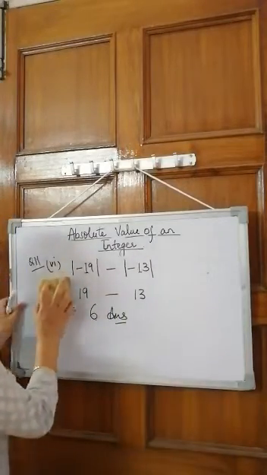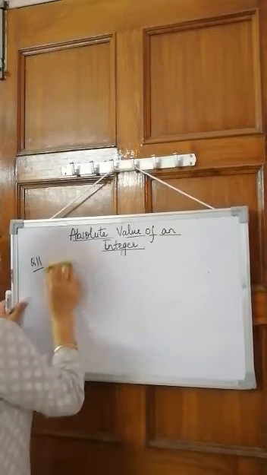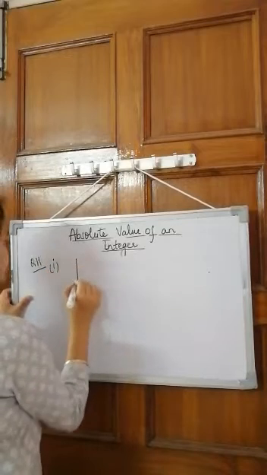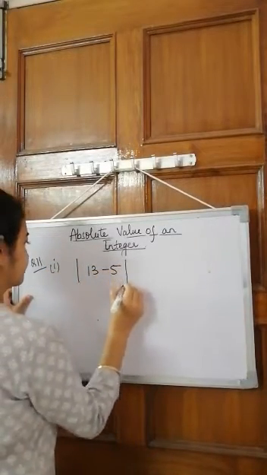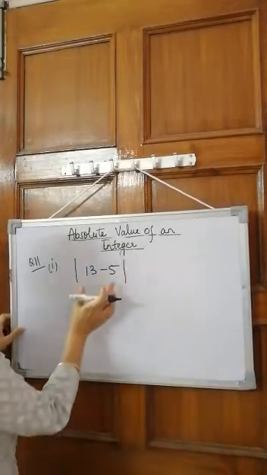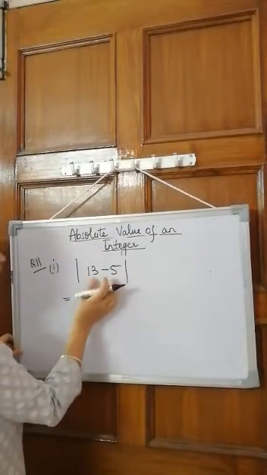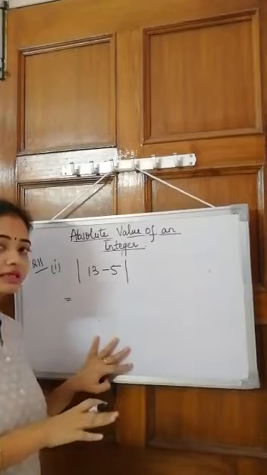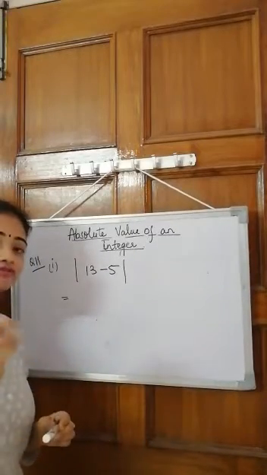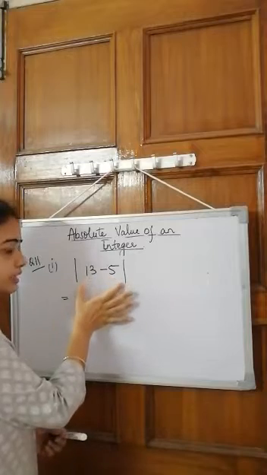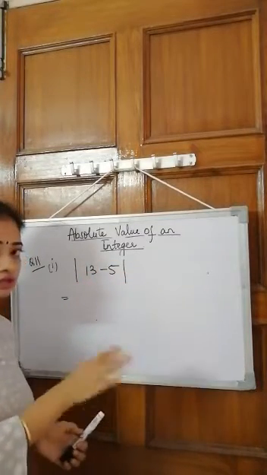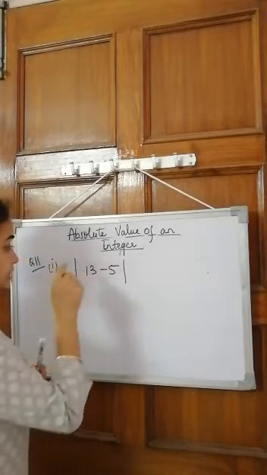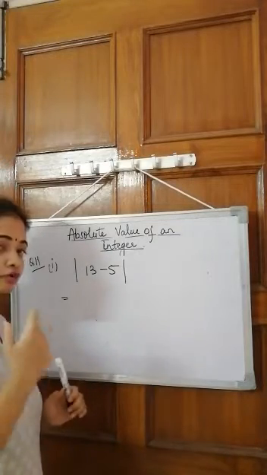Now let's take one more case. That is the first part of the same question, question number 11. The first part says 13 minus 5, and then we have the absolute value sign. So this says that there are two numbers inside the absolute value sign and you have to solve it. Okay, now in this case we have to do the opposite thing. You have to first solve the numbers, because there are two numbers inside this sign, so I cannot bring them out. It should be only one number inside this absolute value sign, then only you can bring it out. So the first thing that we have to do in this case is to solve it.